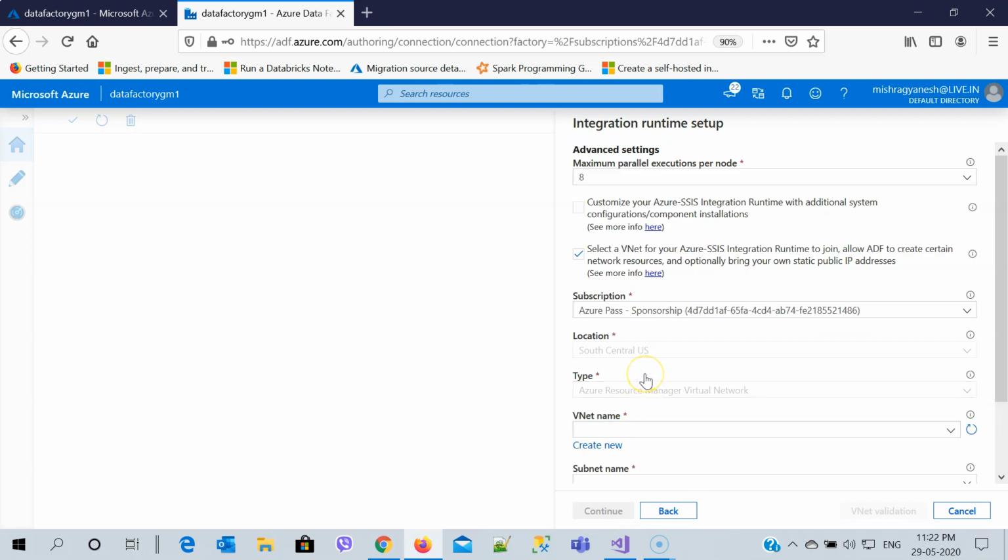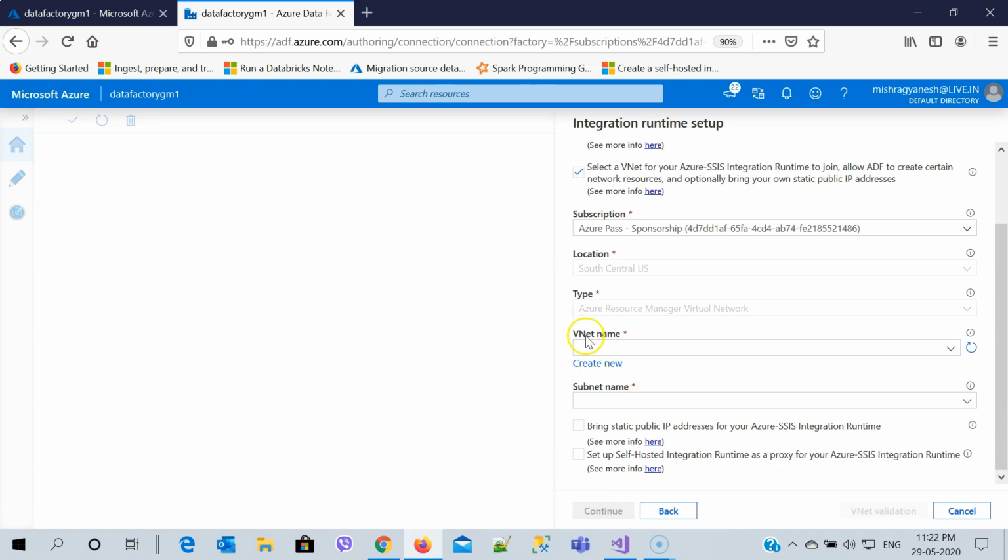Now I need to create a virtual network. So I will go to the VNet name and click create new. It will open the virtual network portal in front of me where I need to create a virtual network.